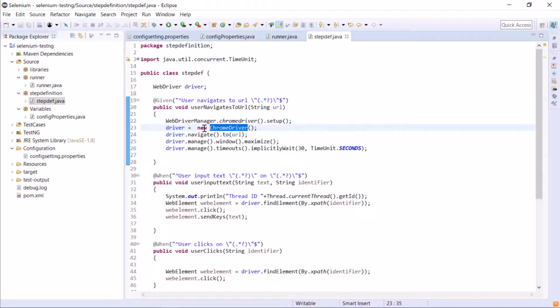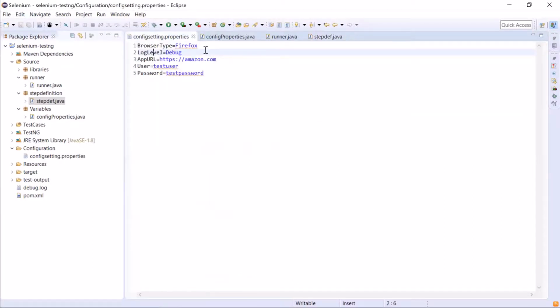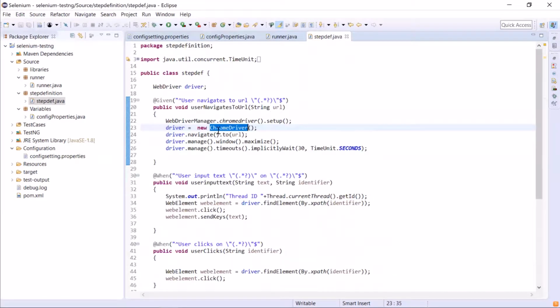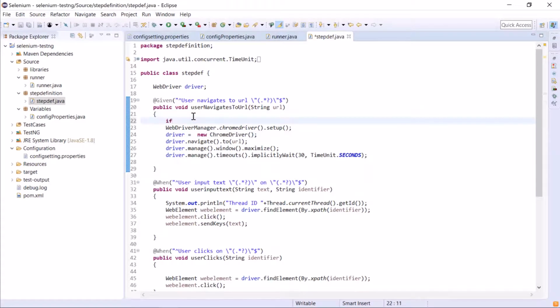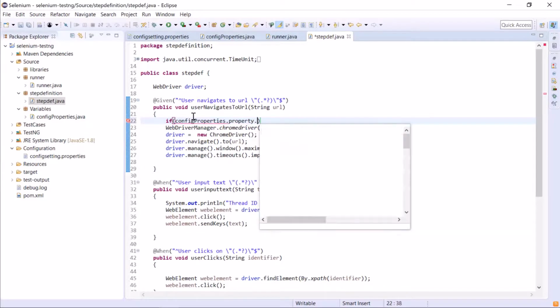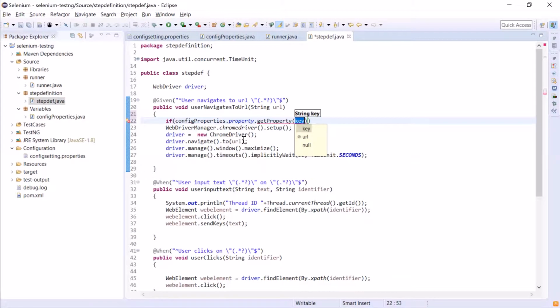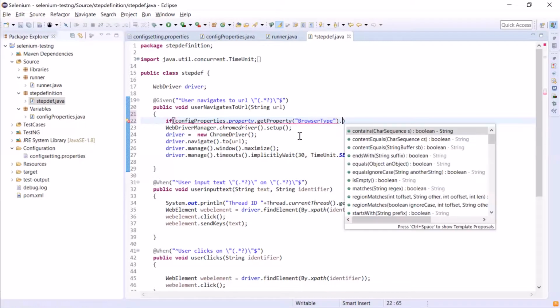Now to enable the test execution on all the browsers, we can utilize the browser type property from the configuration file to get the browser on which execution needs to be executed. To do that, add a condition over here to get the browser type property from the configuration file, and then compare if it equals Firefox.